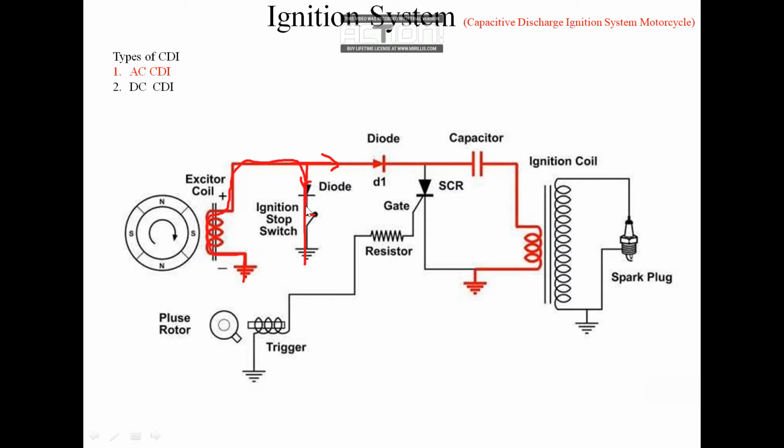Which kind of situation is it? Many of us, I think, have gone through this situation: you have not turned the key in the keyhole and are just applying the kick. At that time, the magnet is rotating and current is developing in the exciter coil, but the developed current gets earthed here only, as you have not turned your key. The key switch is closed over here, and everything developed in the exciter coil gets earthed, and your vehicle won't start.